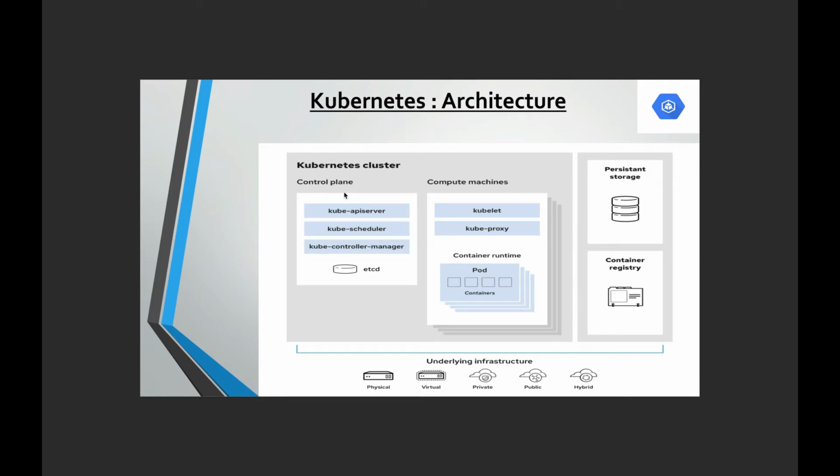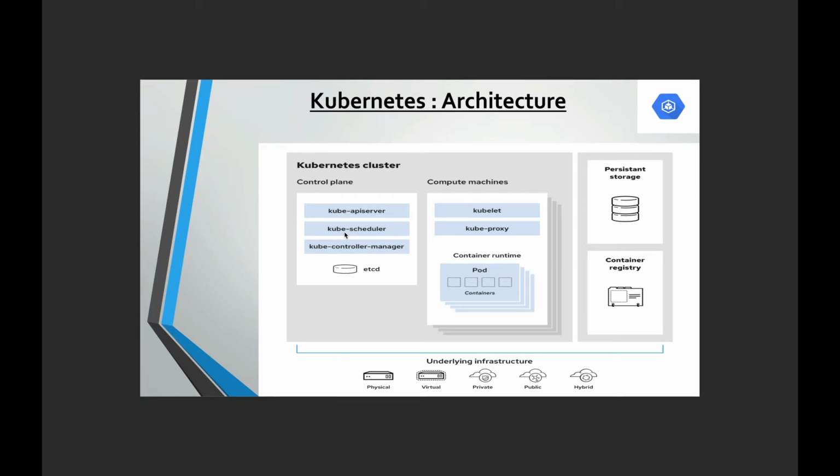The Kube API server can be accessible via the API calls or the kubectl command line interface. So we will be using kubectl command line interface for our project or hands-on. It can also determine if the request is valid or not, and it will perform the necessary actions accordingly.